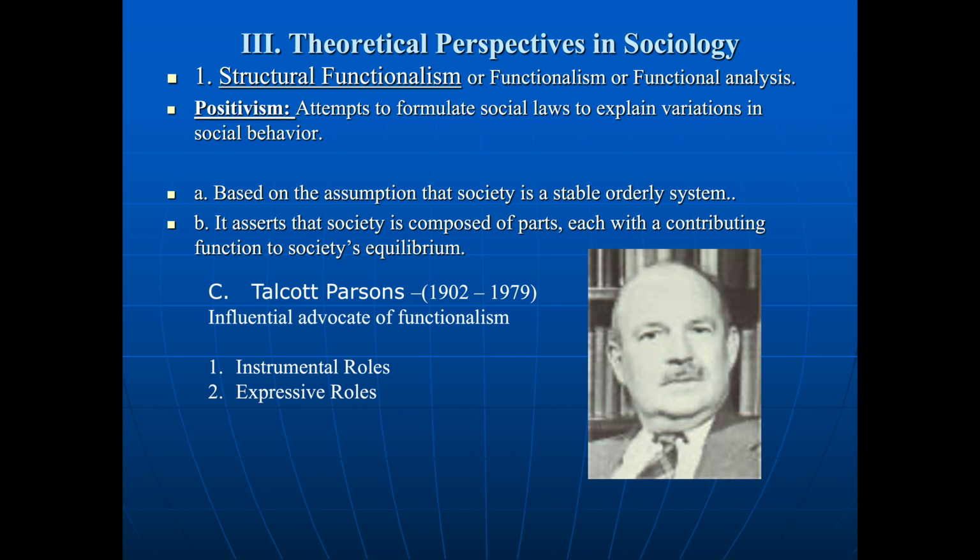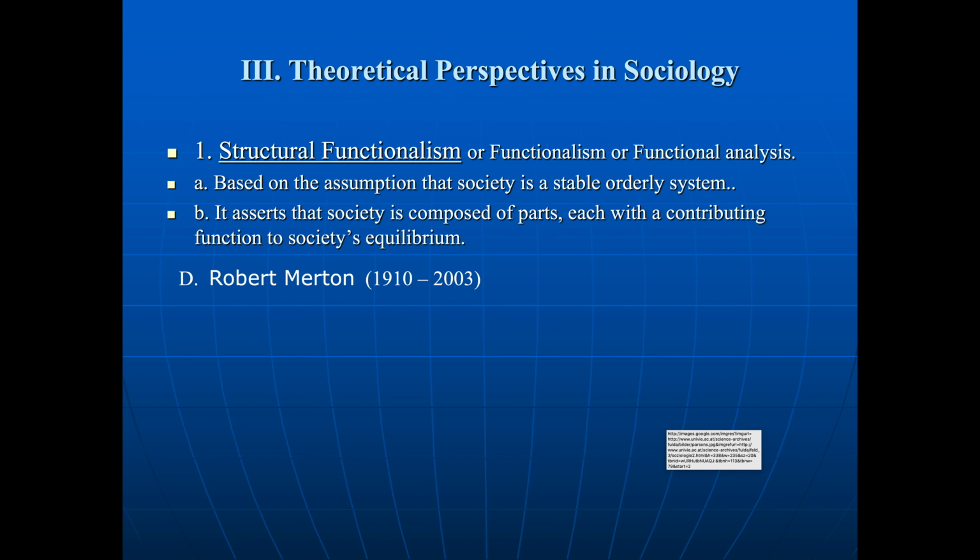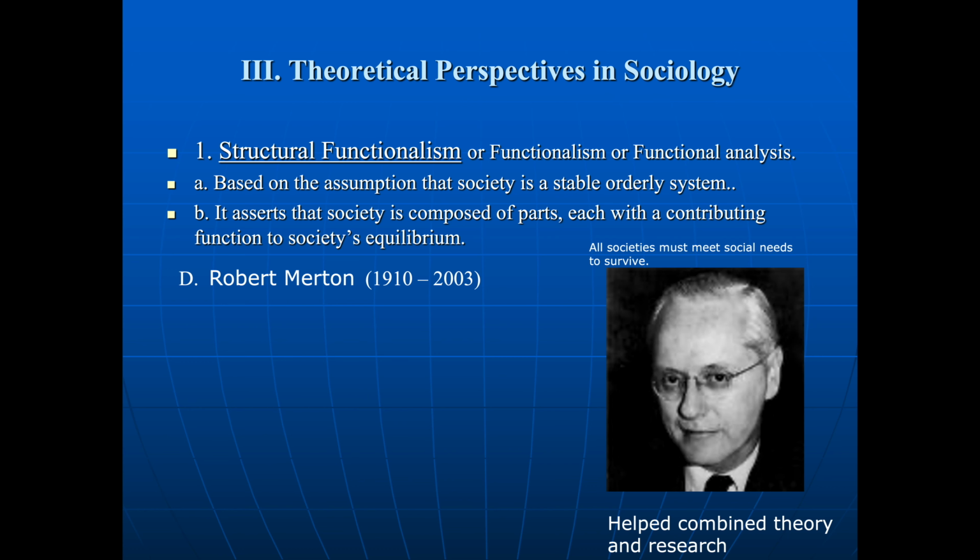Again, remember this is 1950s, and so because males and females are socialized into different kinds of people from birth, then when they marry and reproduce, they bring different sets of skills to create an overall balance to the family. And so he wrote about this in terms of these different functions playing with this kind of equilibrium and balance. He saw society as a vast network of connected parts, each of which helps to maintain the system as a whole. Another functionalist by the name of Robert Merton,